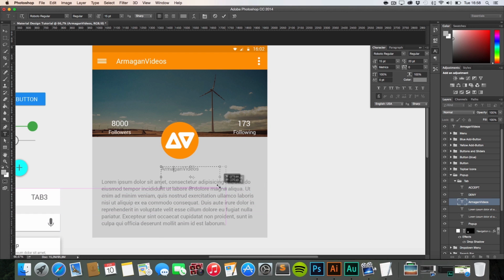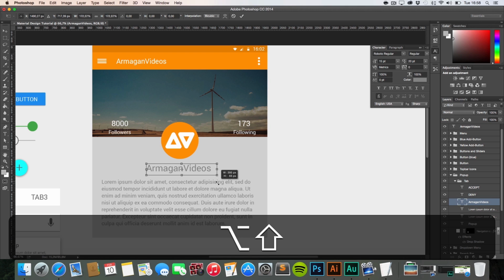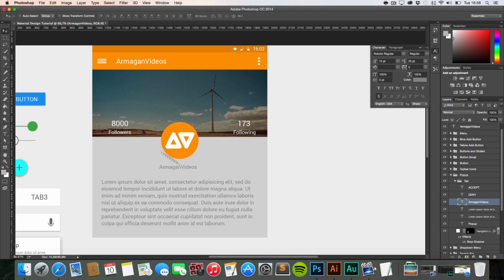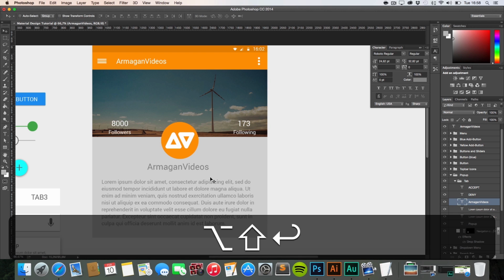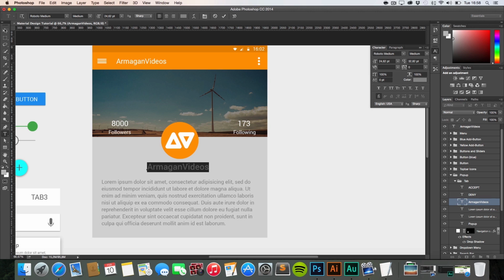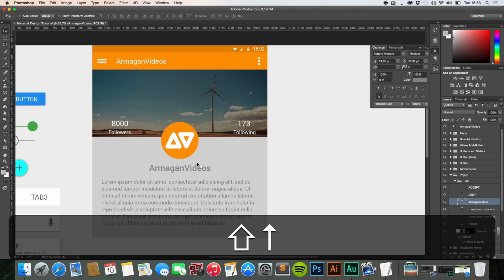And now that's the problem, that we are using a text box right here. It's not going to be perfectly centered, so I'm just going to make it like this. Increase it, change it to medium,